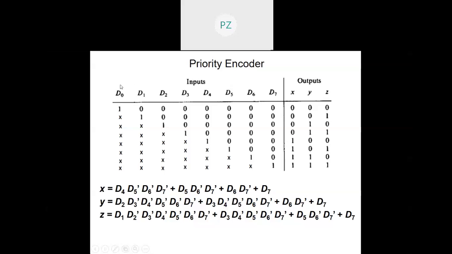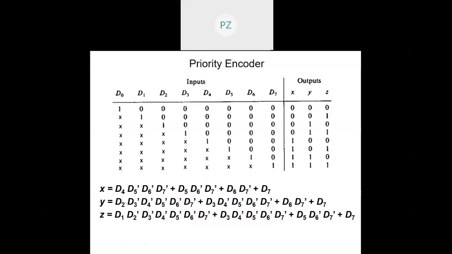First, do a reverse priority encoder where the priority is just the reverse of what I have shown, okay, for whatever reason. And then write these input lines in a random fashion and set the priority accordingly and design the priority encoder. So that will give you enough practice for designing a priority encoder.